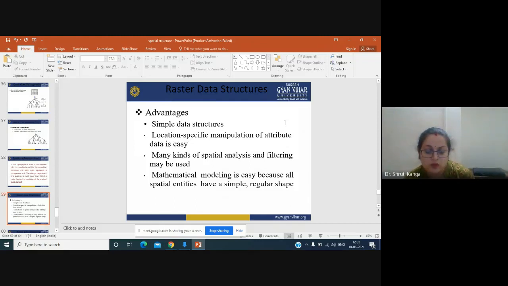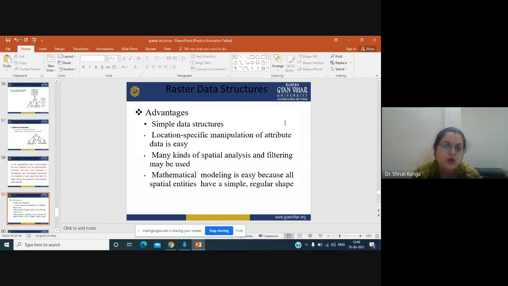data sets. For example, we are making a land use land cover map, and there we have categorized a few classes. They have more importance in terms of maybe some sustainable livelihood or some other kind of functions to locate. So we go for different kinds of modeling, and these models are very easy to perform in raster data.